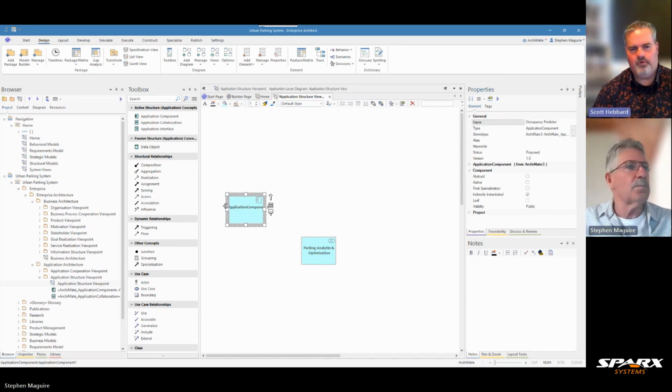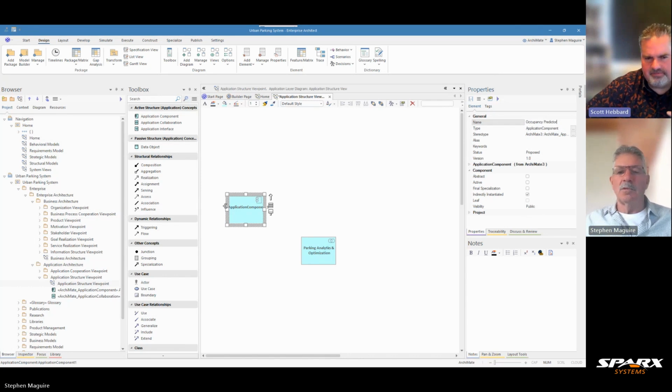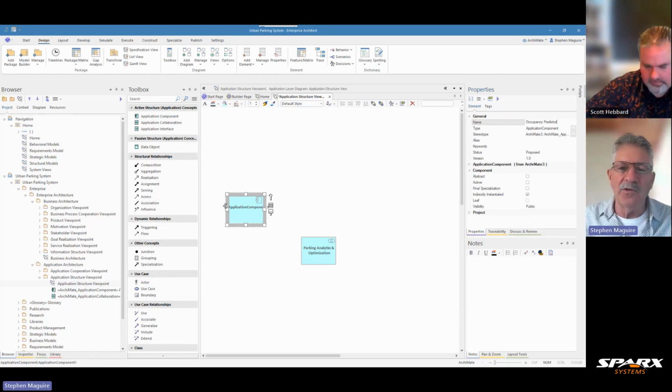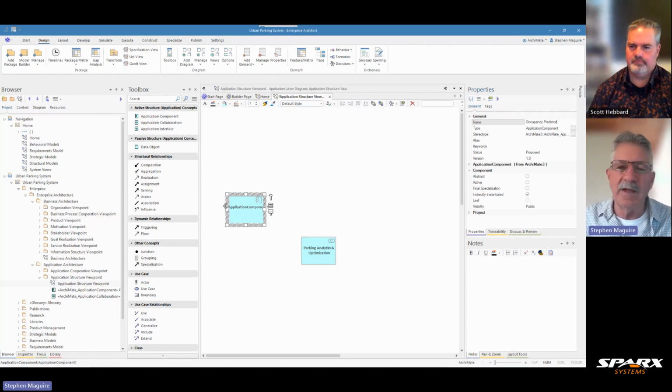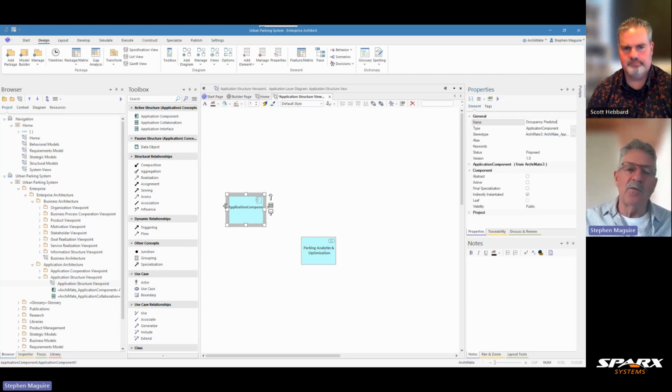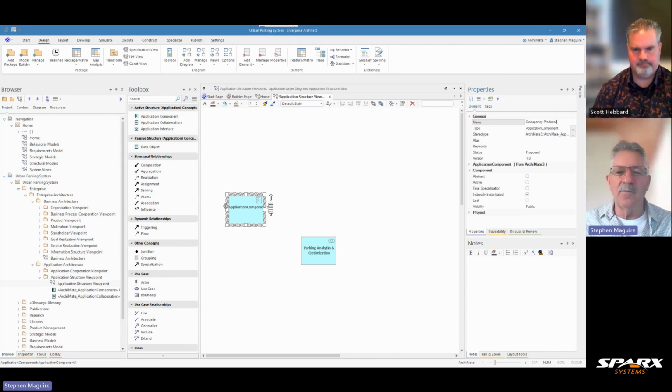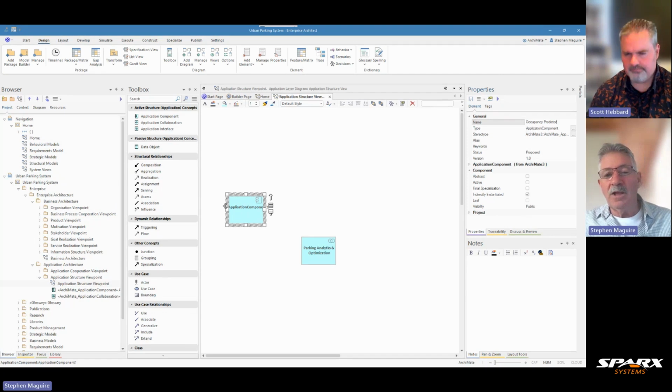Does the standard specify where they should go, or does it really just specify the types of components? No, it doesn't specify anything about the geometry or the location of the elements in a diagram. There are some examples in the specification, but that's up to each modeler to decide which is the best way to tell the story. And remember, Scott, this is all about telling a story, creating a narrative that describes and communicates to a range of stakeholders what the system is going to be, or already is in the case that you're documenting existing systems.